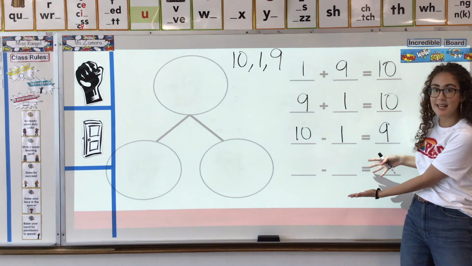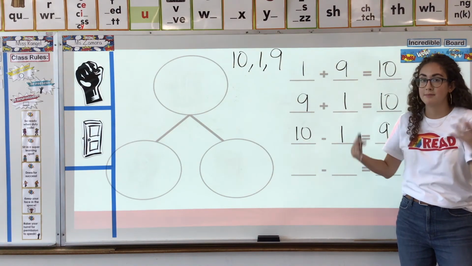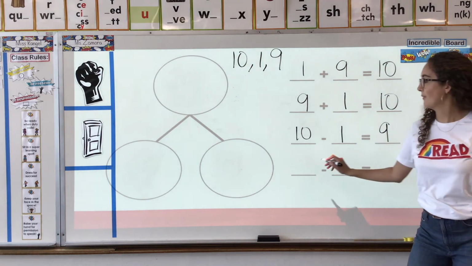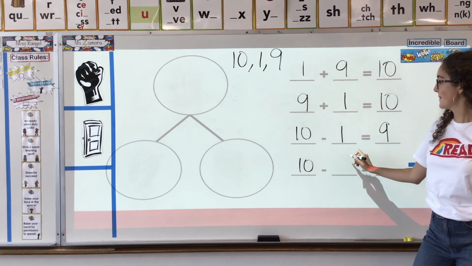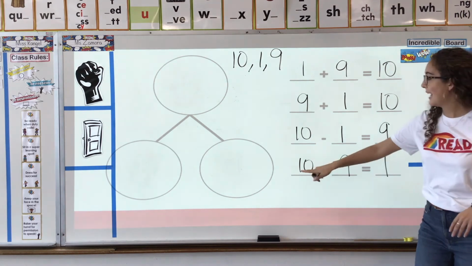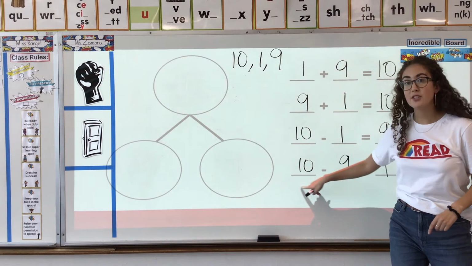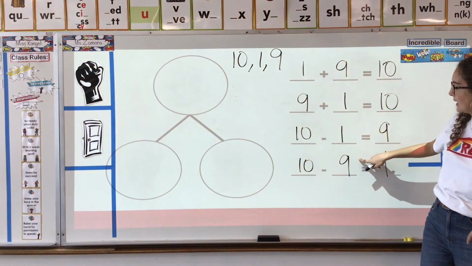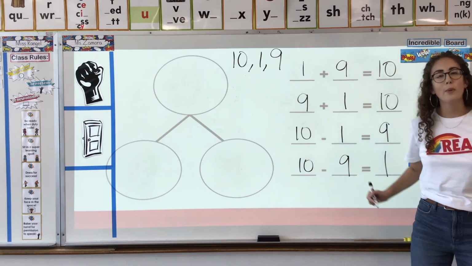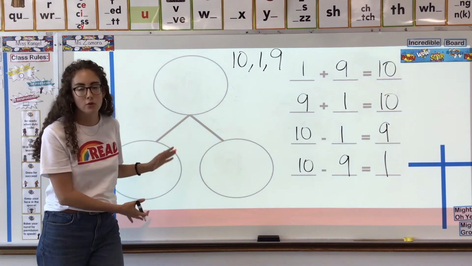So what would be the last sentence? What is the other subtraction sentence you could have written? What would it be? It would be a reverse. 10 minus 9 equals 1. We still have to start with our big number, and if we took away 9, 1 would be left over. Okay, check. We have our fact family, and now we can come to our number bond to draw out the